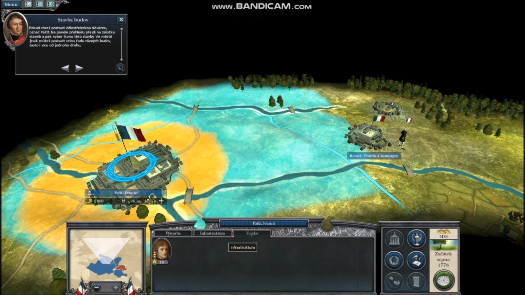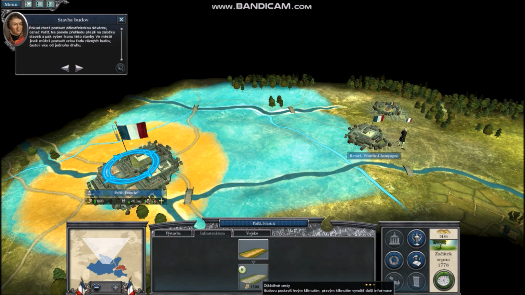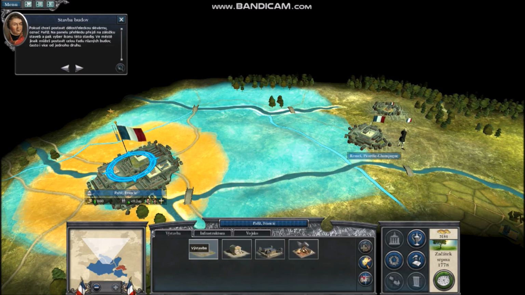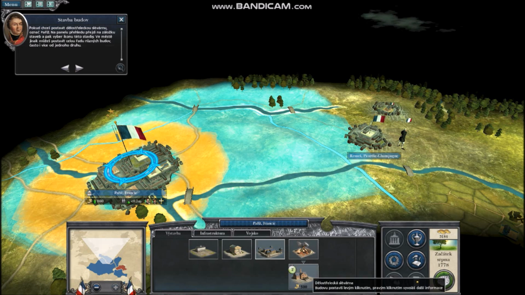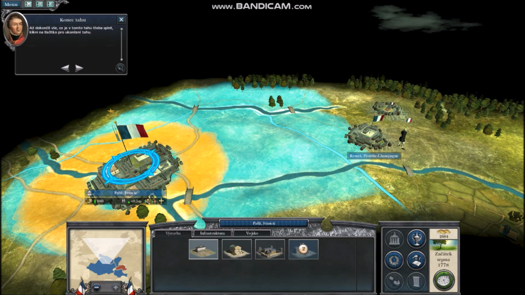To build a cannon foundry, select Paris and then the Construction tab on the Review panel. Now, select the Cannon Foundry drop-down icon from the empty building site. Notice that you can build many different types of buildings in